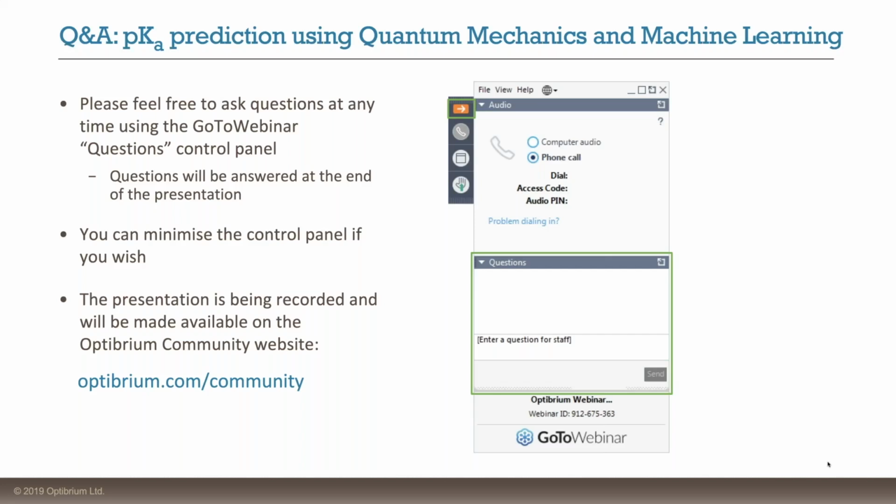Okay, can you calculate the isoelectric point of compounds with several ionizable groups? No, that's not necessarily something that we have been looking at. Again, we've been looking at the individual predictions for each individual site. Okay, so there's quite a specific one here. Why not say